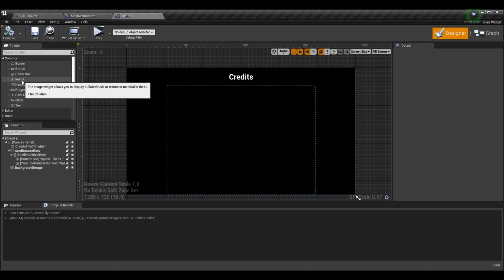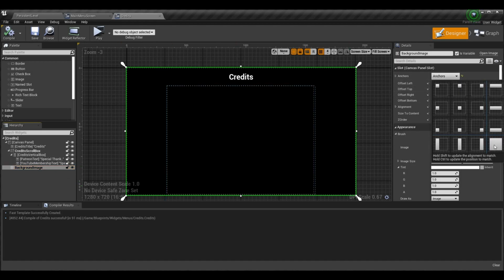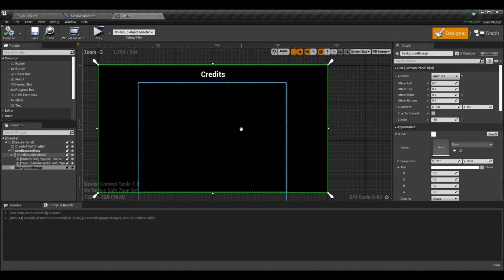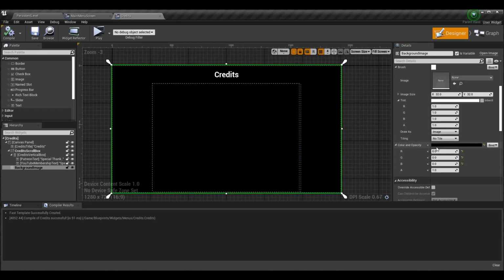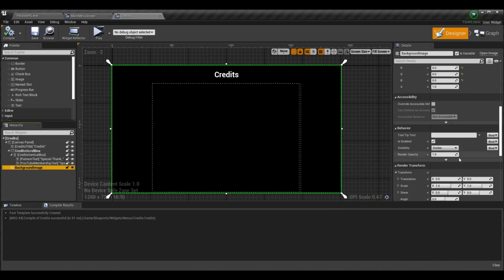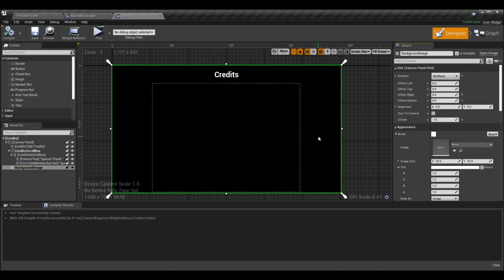So what I've done is I've added an image that I've called the background image. I've anchored it to the full size of the widget with no offset, so it covers the entire widget. Put it at a Z order of -10, just an arbitrary value that I know is going to be behind everything. And then I don't have an actual image I'm using right now, but what I did do is set the color and opacity to just black. Now, I haven't done anything else with this. So that's my background image. I also have a title in here